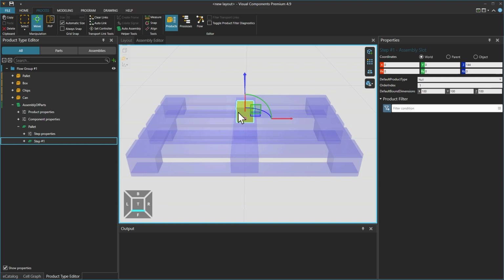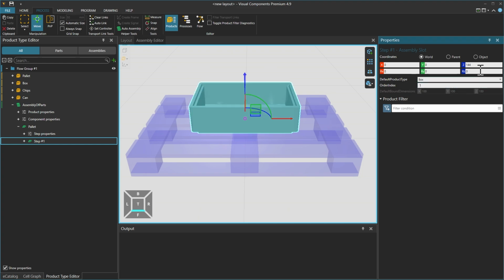Then select the slot in the assembly editor, and note again from its properties that the assembly slot is now selected. We want this slot to be a box, so we will change the default product type to be the box, and rotate it 90 degrees around the Z-axis, so we can later place another box beside it.